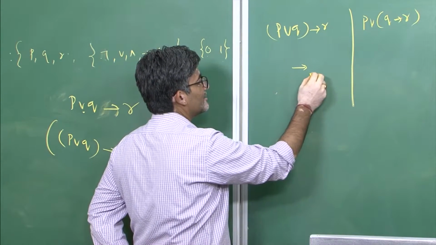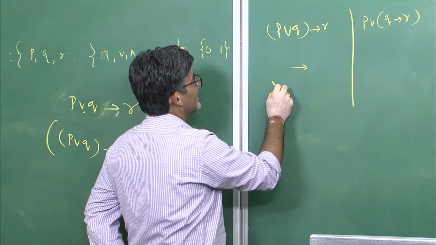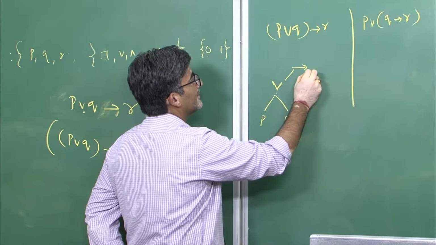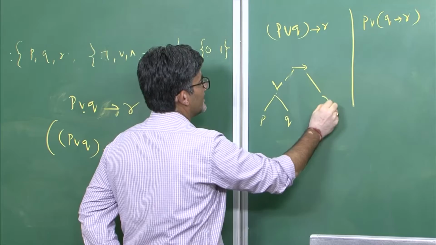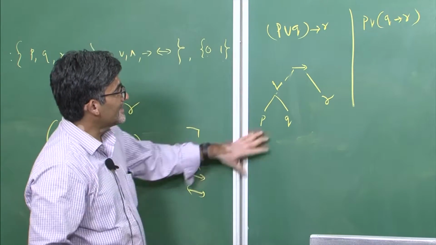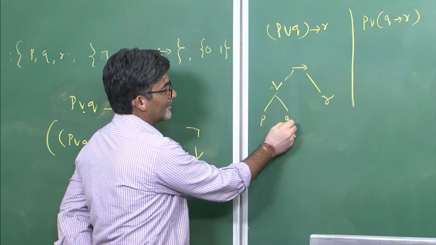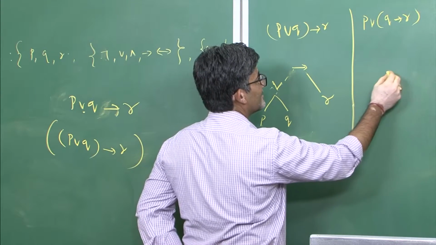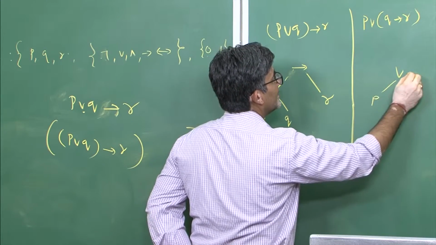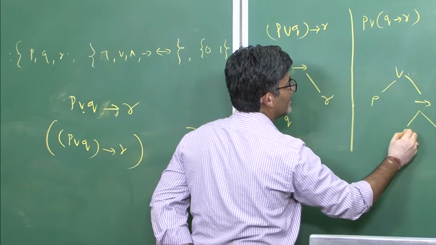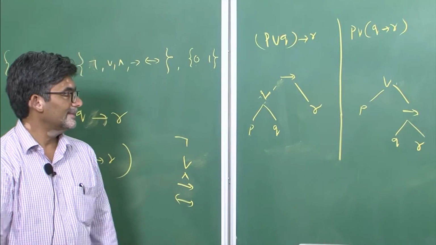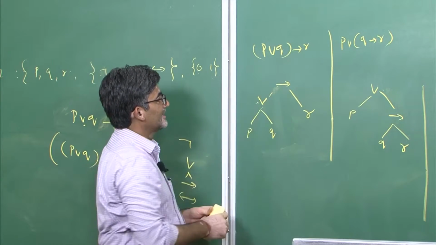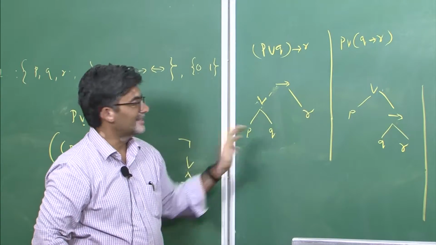So this needs to be read like this: P ∨ Q, and then implies R. This is considered to be the tree structure for this one. It has to be read like this, (P ∨ Q) → R. For the other it is like this: ∨, P and implies, and Q and R. This is the way you can draw a diagram for these two things. That is the way you read the formulas.